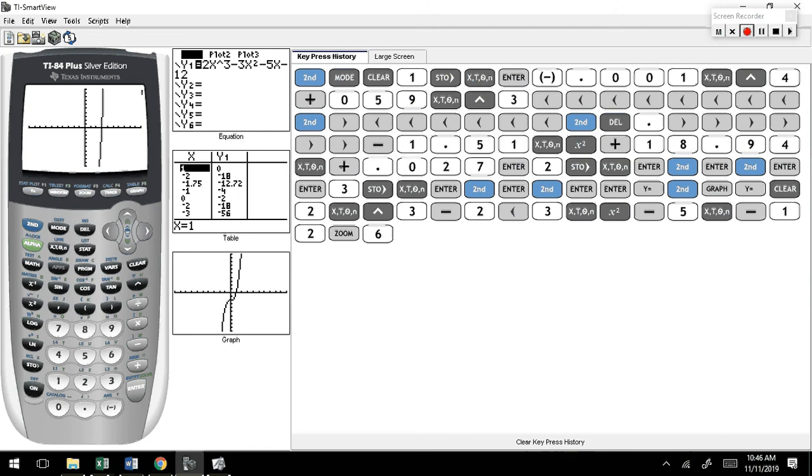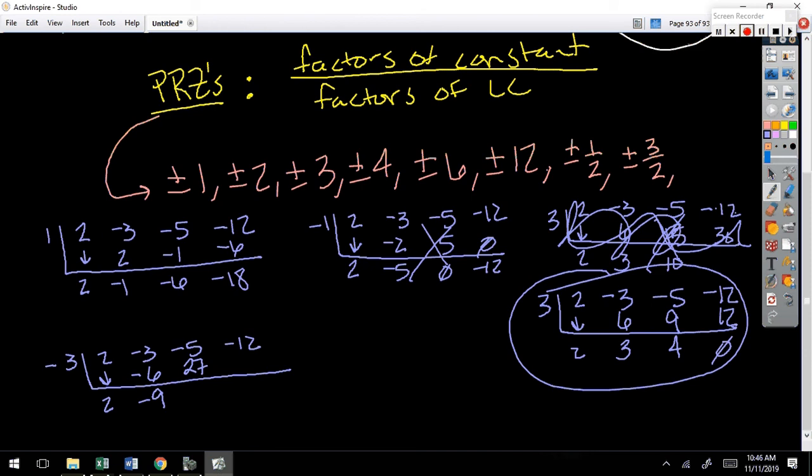What's a good choice for me to start at? 3. So if you put in the x-intercept, remember the relationship between factor and 0. Was that working 100% of the time? Okay, but I want to see you plugging in. This will give you a starting point. You can't always tell from here. Sometimes they're 1/2 or 2/3. But I guess you could because you could calculate it. But it would give me something where I could just try 3 and go, got it.